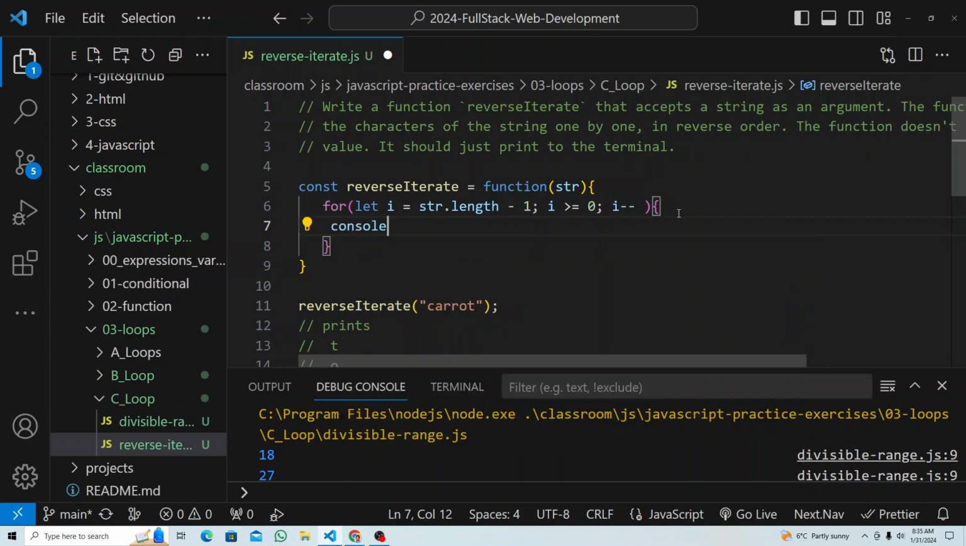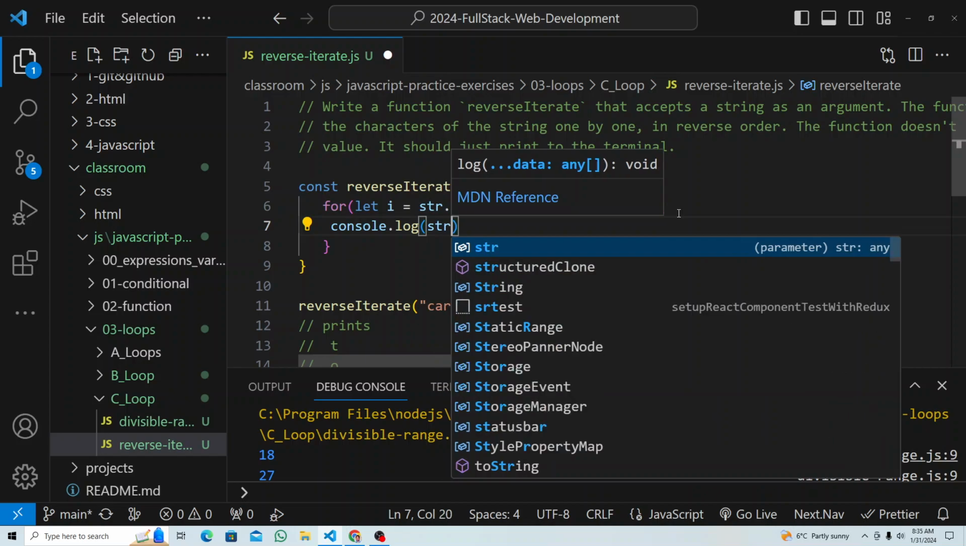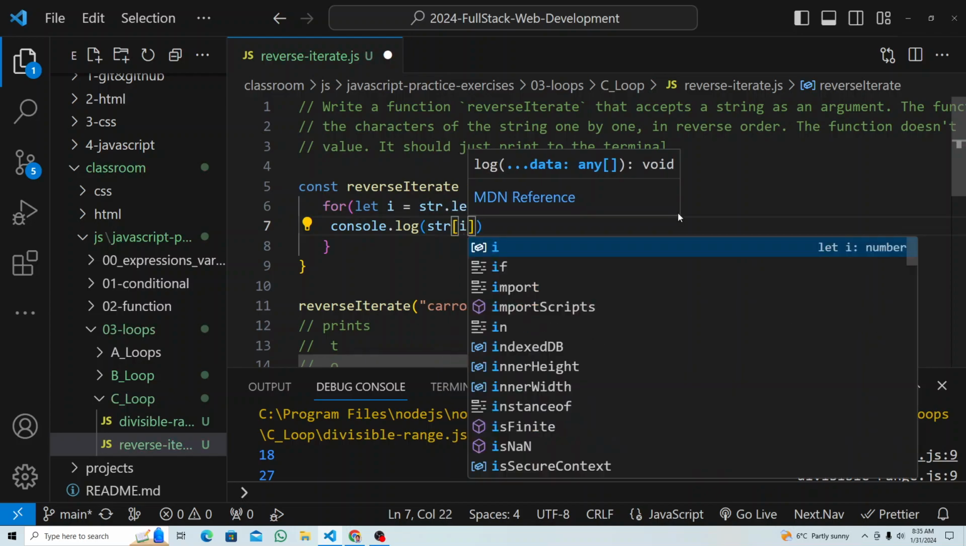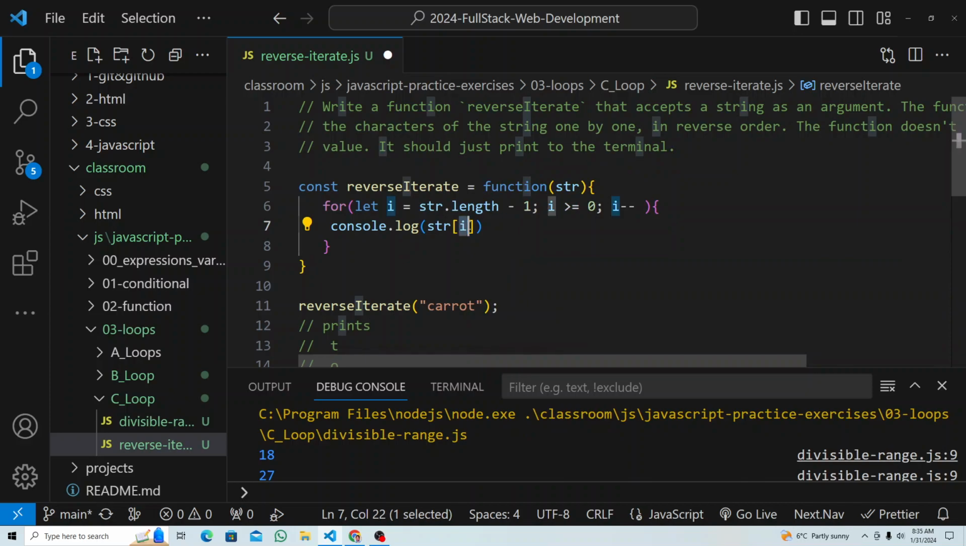Now console log. How am I going to print the string? String square bracket i. Now this i is 5. From here, what will I get? T. Next time i becomes 4, I get O. Next time i becomes 3, I get R. Next time i becomes 2, I get R. Next time i becomes 1, I get A. Next time i becomes 0, right? I get this. Next time i becomes -1,